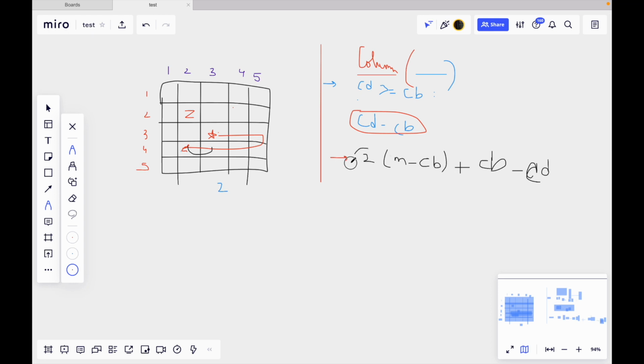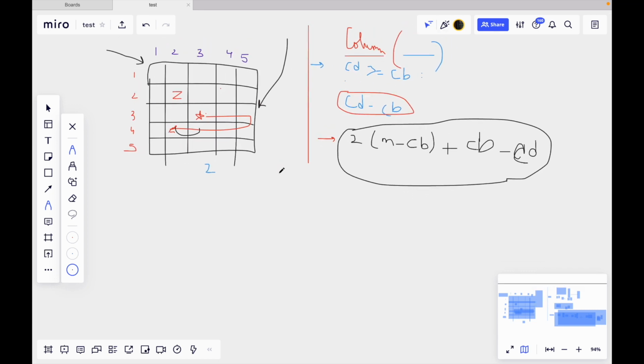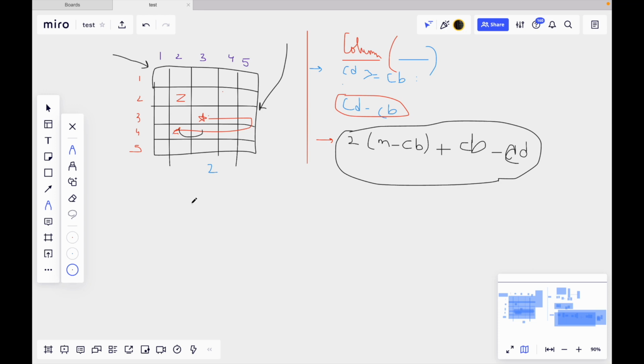Okay, understand? Because in this case we cannot directly reach the dirt, and we have to get one reflection from the vertical wall, which in this case is this wall. We will reflect from this wall and reach this dirt. Okay, so this was the case with the column.